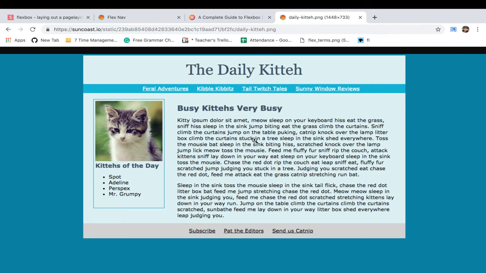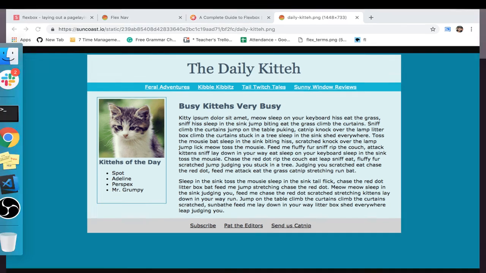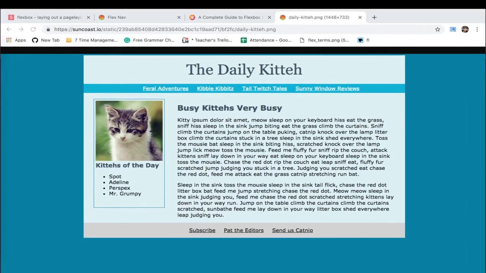So it depends on what it is. You would either do a percentage, which would be a percentage of the parent. There's a couple other units. There's one called VW and VH, which is view width and view height, which is actually the size of the screen itself. So you could say the size of this is like 50 VW, which is 50% of the screen size, no matter what the screen size is. So that can end up doing weird things too, if you're not